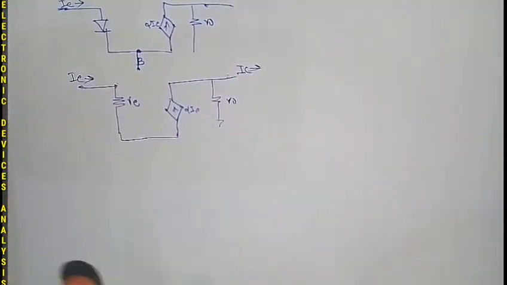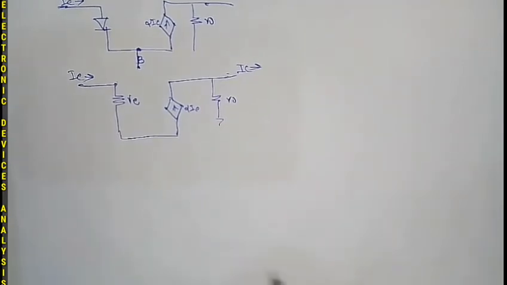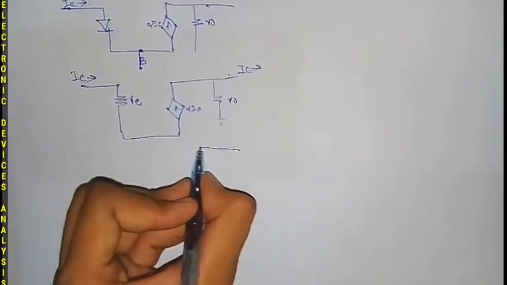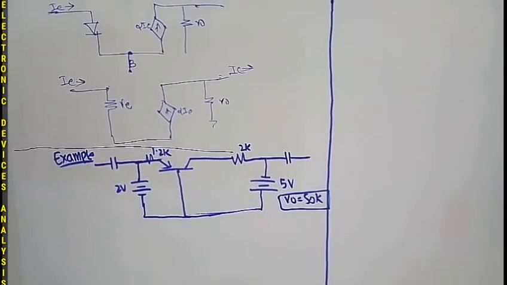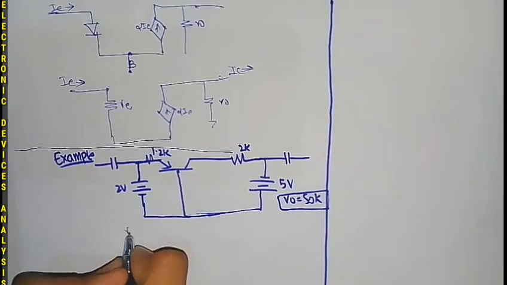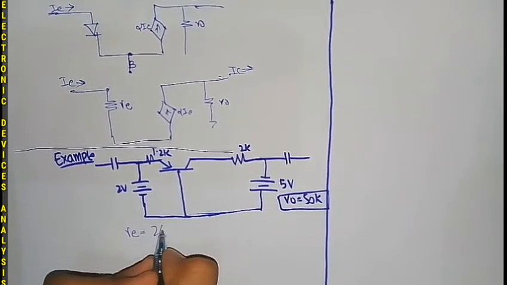So guys, this will be the model of common base configuration. Now we will solve the example of common base configuration. From the DC analysis, first you have to find the value of re, and this will be equal to 26 millivolts over